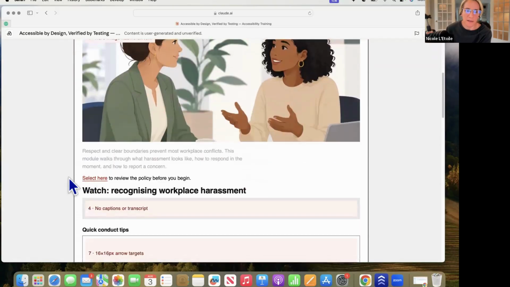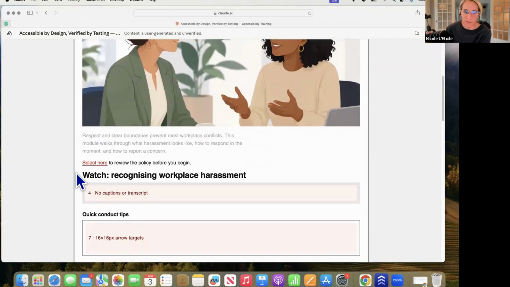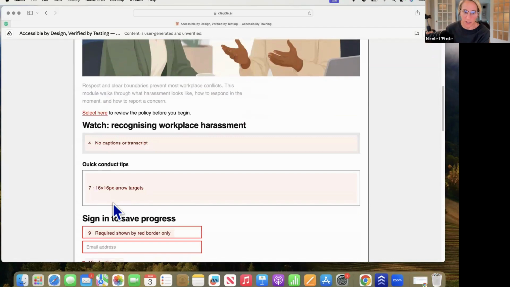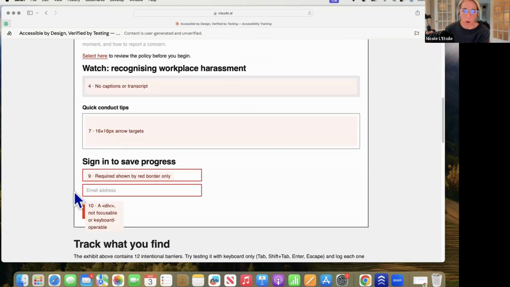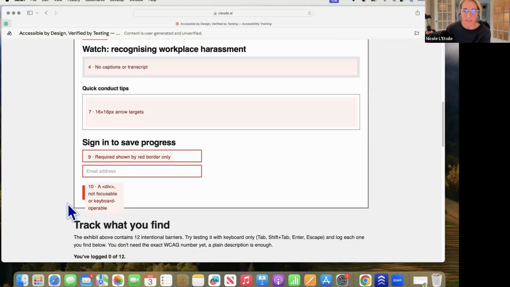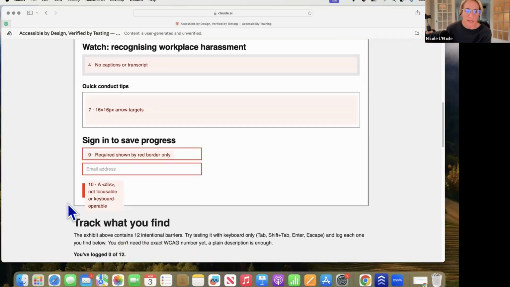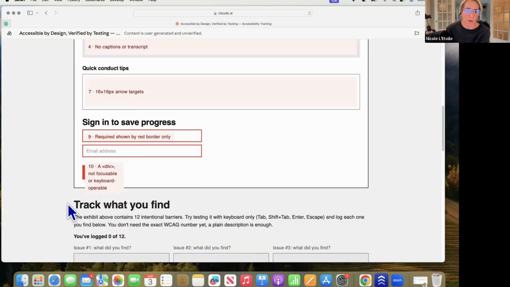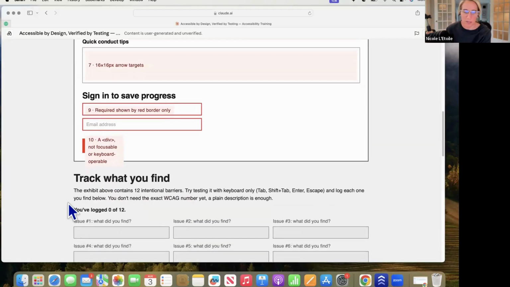We had "select here," which was too vague, right? No captions or transcripts. We identified that the arrow targets were too small. Required is only shown by a red border. There was nothing to say that it was required. And then the button, which happens a lot in AI, was not a real button, right? So it was not focusable, it was not keyboard operable. And so we'd want to make sure that we used proper